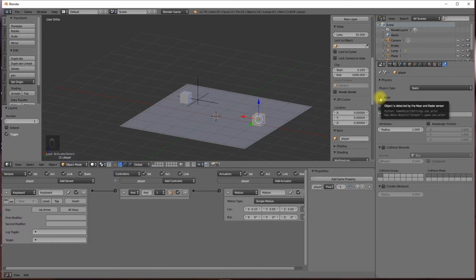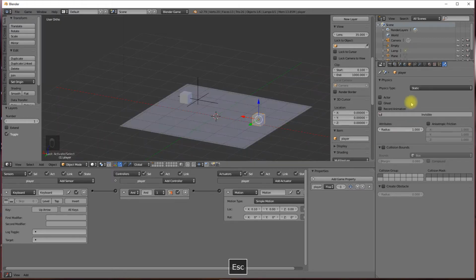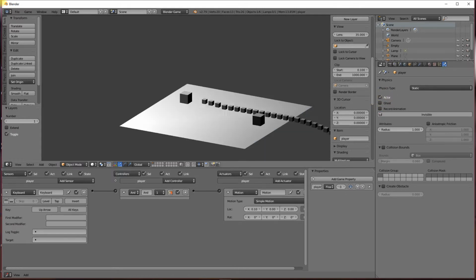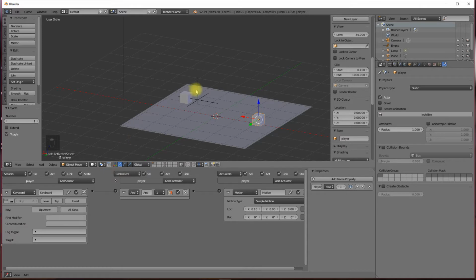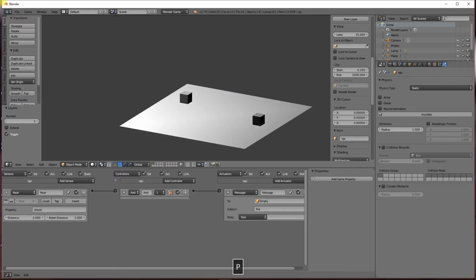So when this is not turned on, we can press P and go as close as we like, but the radar will not detect it. So let's make this detectable by radar and by the near sensor by turning that on. Now let's press P, and that is an interesting result. So let's reduce our range back to say 2 and press P,